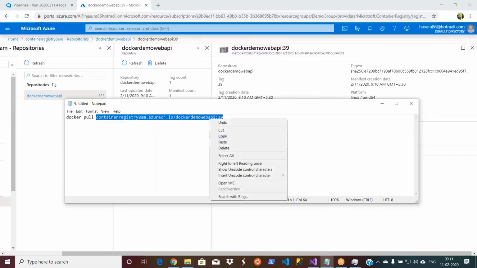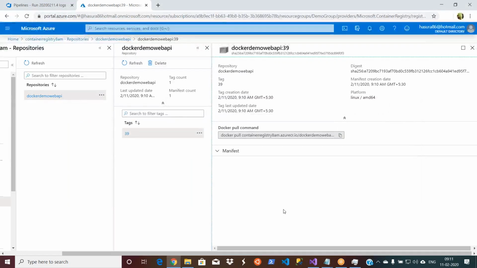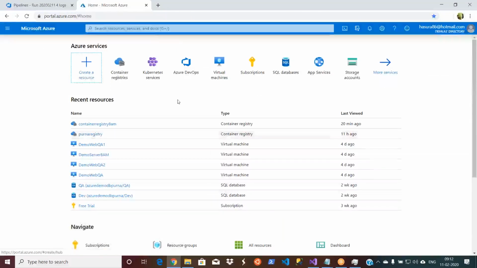Now an image is available in my container registry. That means now I'm ready for the deployment. To do the deployment, I'm not going to deploy this to a single virtual machine where Docker is installed. I'm going to deploy to machines managed by the Kubernetes orchestrator, so that our management will be easier. For that, you need to have a Kubernetes cluster first. So I'll be using Azure Kubernetes.